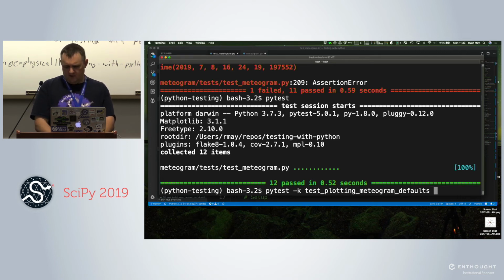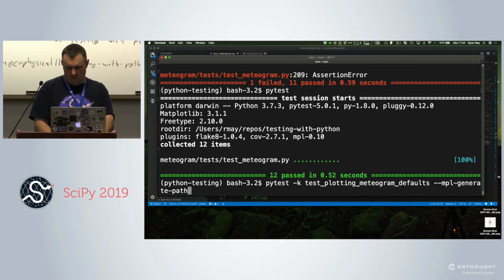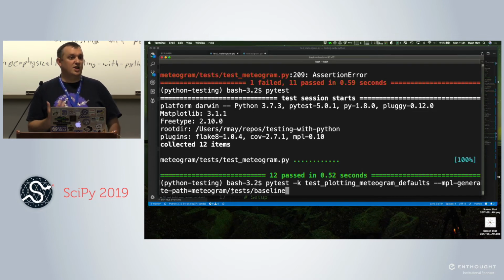Then on this run, we're going to say --mpl-generate-path equals the mediogram tests baseline directory. It depends what directory you're in right now. We're telling it where to put the image. Instead of running the test, it's going to take the image that's generated when it runs our test function and save it to a file.